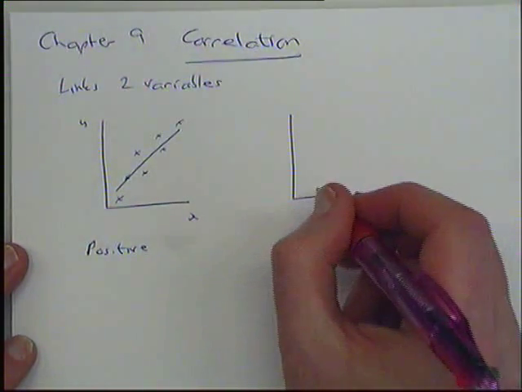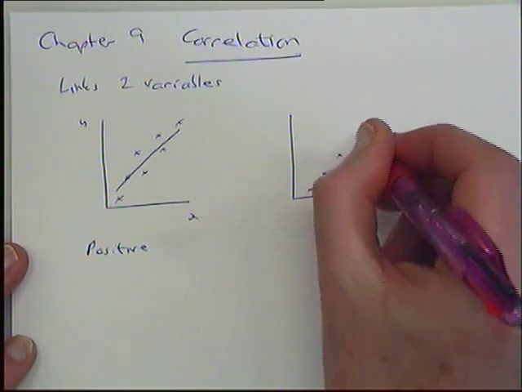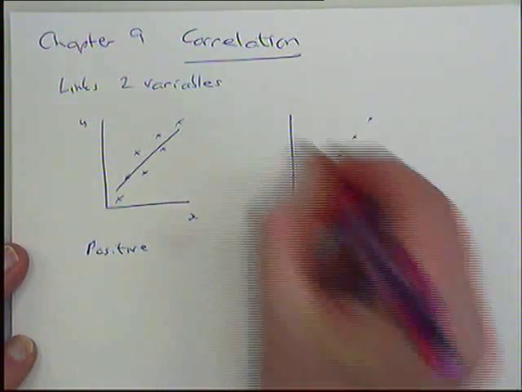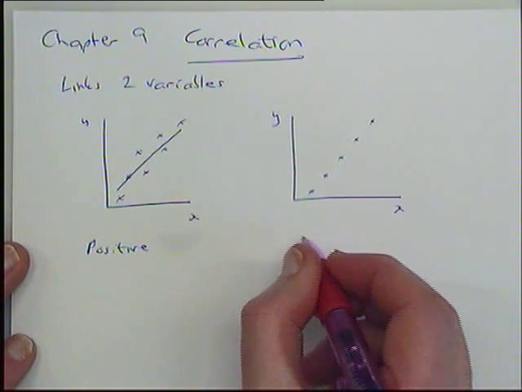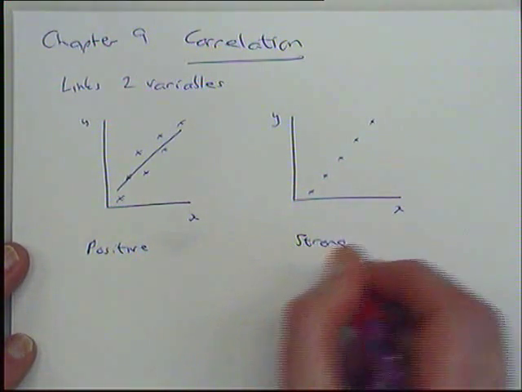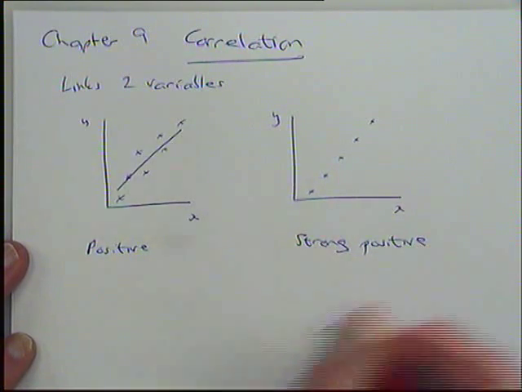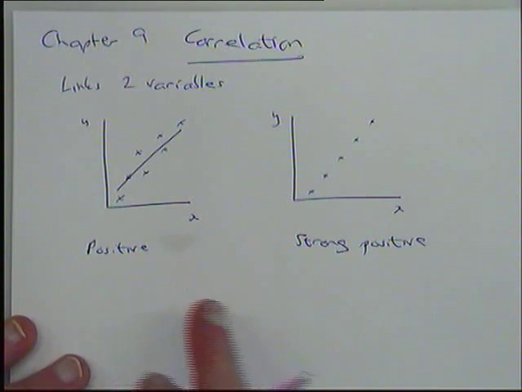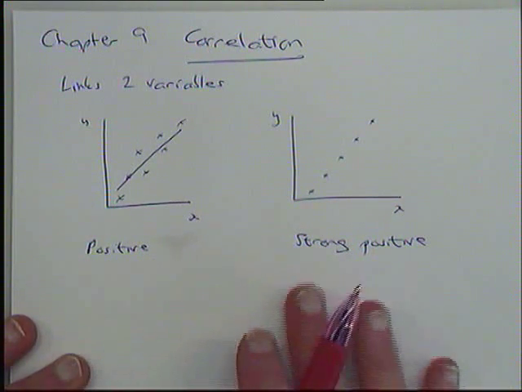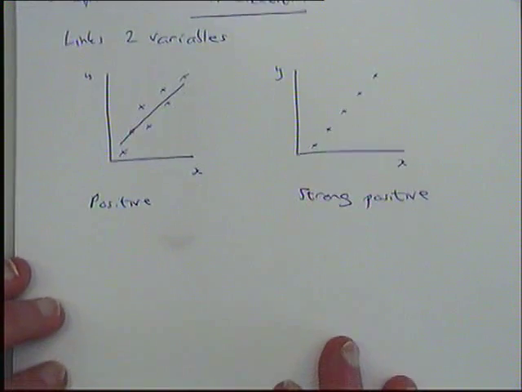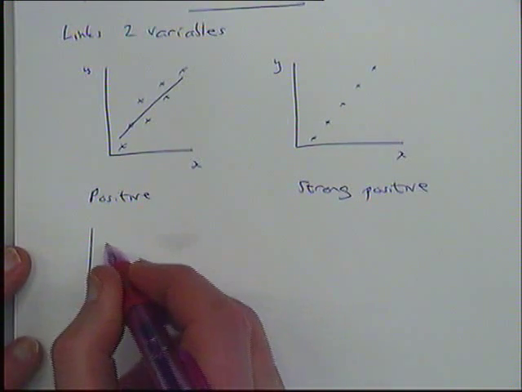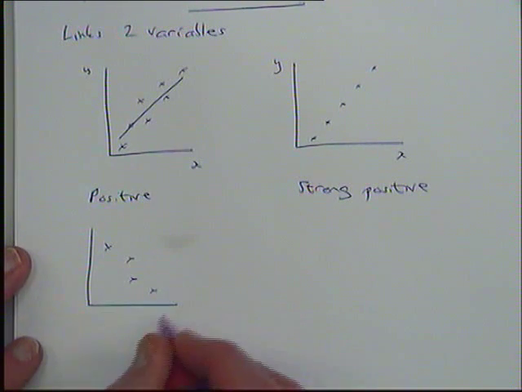But then if we look at this graph over here, what about the correlation on this graph? Strong positive. Okay. So at A level, what we are doing is moving from positive and strong positive to actually quantifying the correlation by putting a number on it, saying how close the correlation is. So we've got positive correlation, we've got negative correlation,